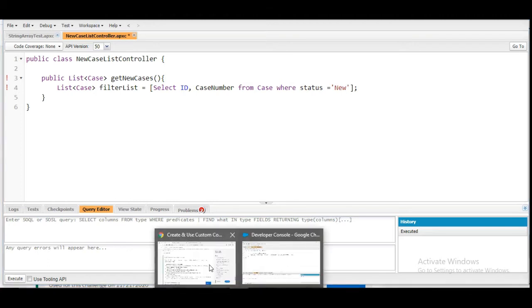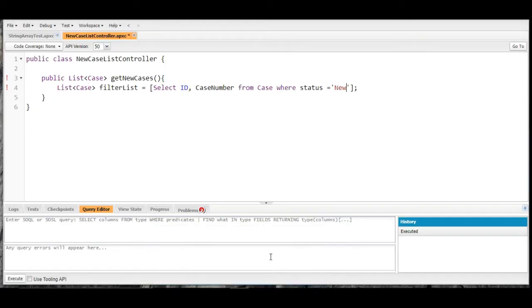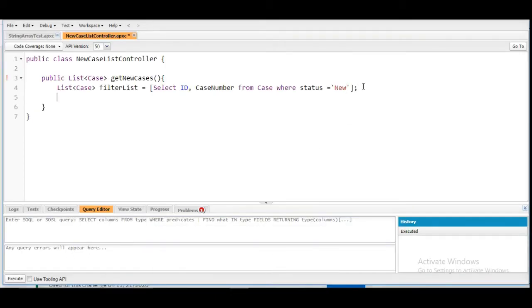This is what is given to us. The status should be New. So this will return the list of cases whose status is New. Now we need to return this filterList from here. So this is it.